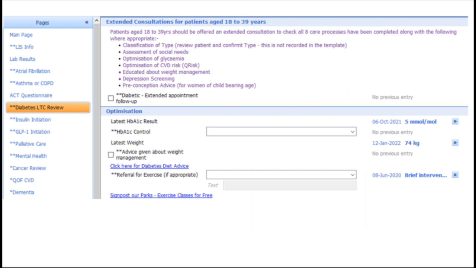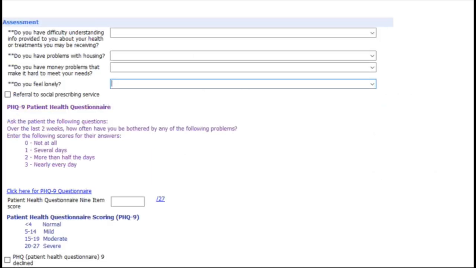So as you can see here, this is just to quickly show you, it will show at the top extended consultations. You must tick the diabetes extended appointment follow-up and then move your way down to look at their HbA1cs, like I say, weight advice, and then down to the assessment, which is looking at